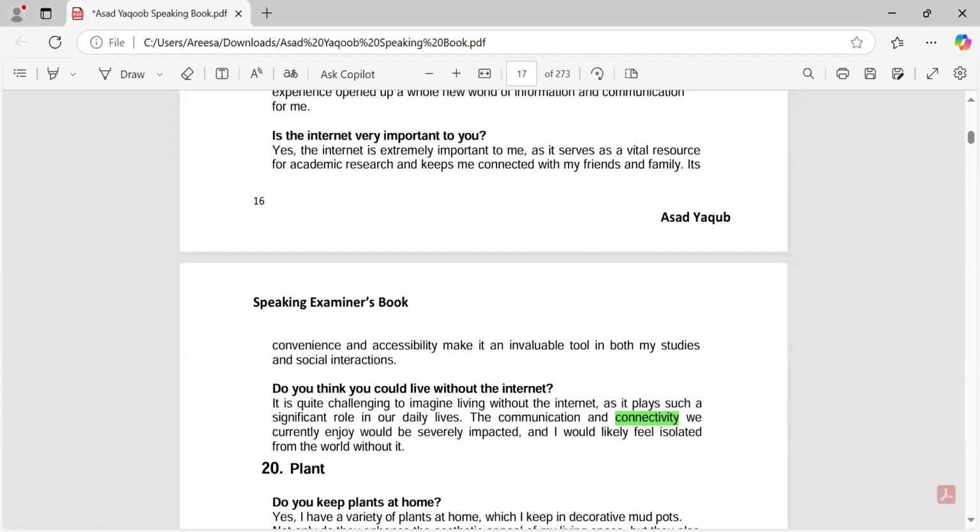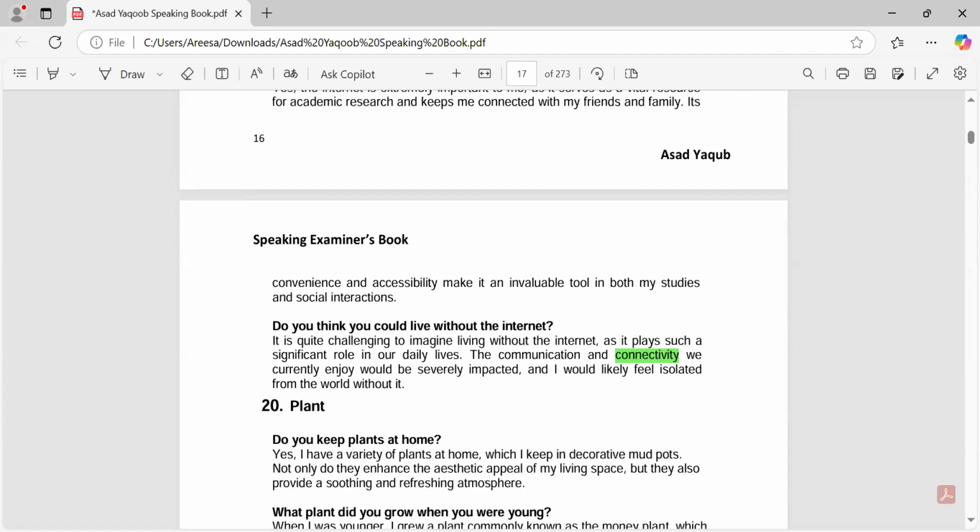Okay. But plants can also be used for decorative purposes. Do you not think of adding plants like flowers? Yes, ma'am, you're right. Thank you for adding this idea. We can say we have artificial plants which we have kept on tables and in rooms, and some are hanging on the wall. These are good ideas to enrich our answers. Even if we don't have natural plants, we can say we have artificial ones.